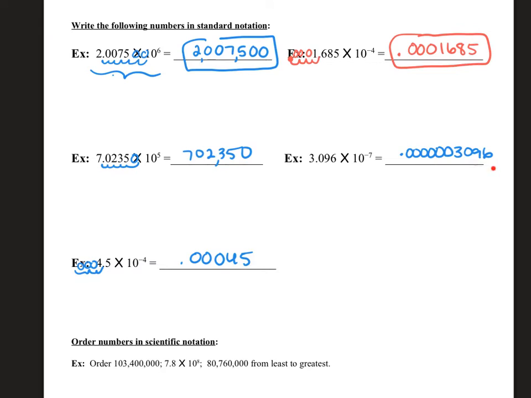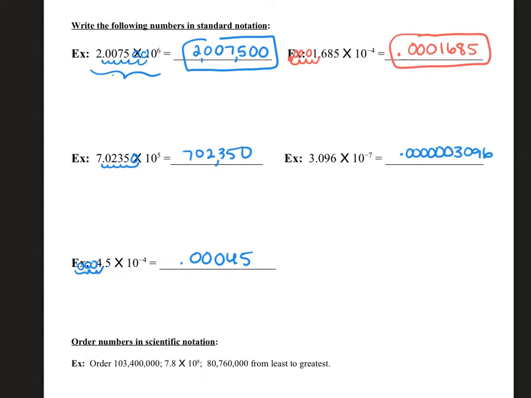If I wanted to actually name this number, I'd have to count up my place values, so tens, hundreds, thousands, 10,000s, 100,000s, millions, 10 millions, 100 millions, billions, 10 billionths. And so I believe that would be 396 10 billionths, but I usually just say 0.000000396. And then this one's asking me to move my decimal 4 spaces to the left,